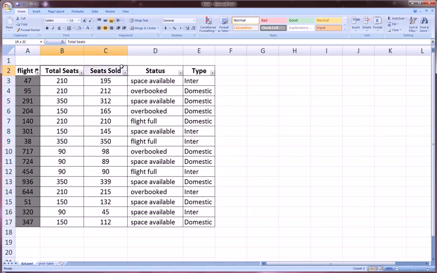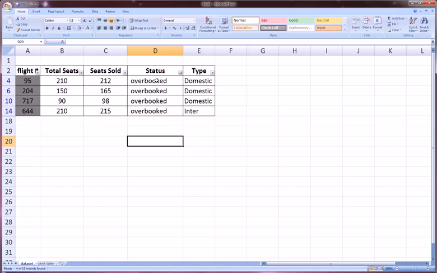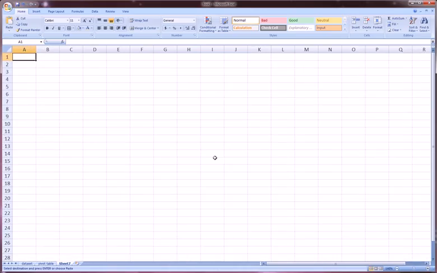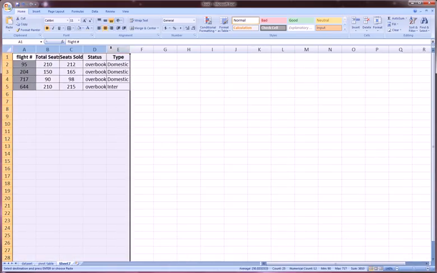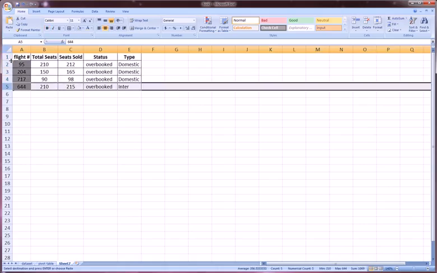Okay, and you can combine these filtering techniques across any number of categories, any number of columns, and drill down to exactly what you need. And sometimes it makes sense, for example, if you only want overbooked flights and you have to send this in an email, you filter on overbooked flights, you can copy this entire table as it is and then go to a new sheet, and let me zoom in, and paste. Adjust the column headings simultaneously, and now you have yourself only the flights that are overbooked and nothing in between,